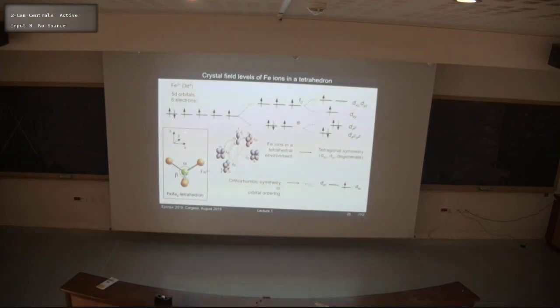Now, if we look more into detail, what happens to iron inside of this layer? Iron sits inside of a tetrahedron made up, in this case, of arsenic atoms in the corners. And if we place this Fe2+, which has 6 electrons, in this environment,